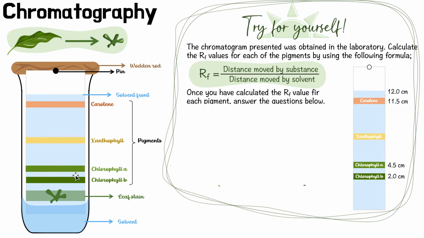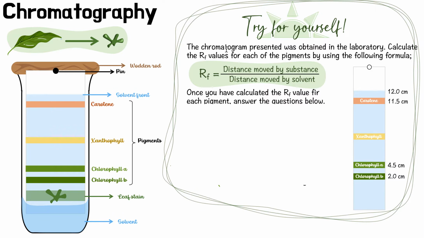So this kind of technique will show you what pigments are located inside the leaf cells. Now, it doesn't show you how much of each of these pigments there are, it only shows you which ones there are. So obviously I told you chlorophyll is the most common, its concentration is really, really high, and these other two would be really low. Okay, so it doesn't show you the concentrations, but it shows you which ones there are, okay? So now, I want you guys to try this question out yourself and see if you really understand this.